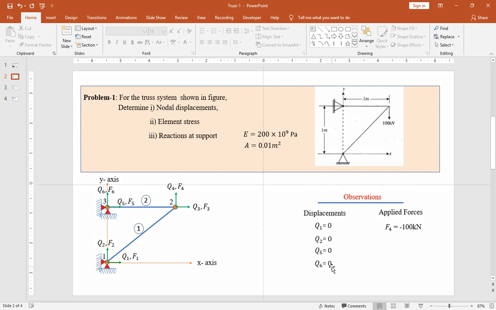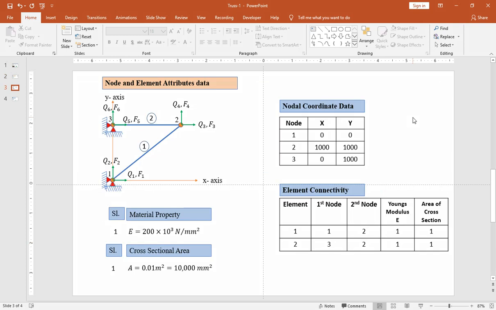Q5 is equal to 0 and Q6 is equal to 0. These two represent node 3 displacements. Again, comparing the forces defined at node 2 with the given problem, you can conclude F4 is equal to minus 100 kilonewton.